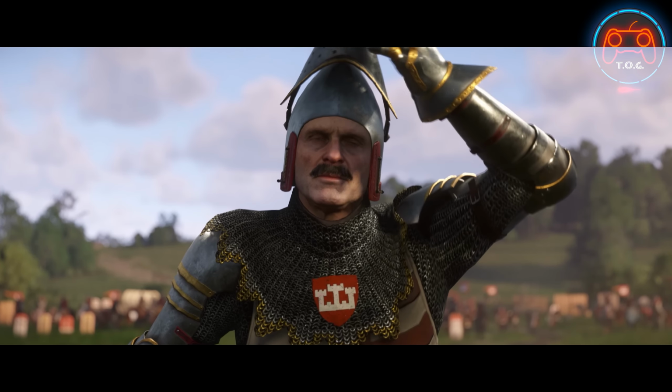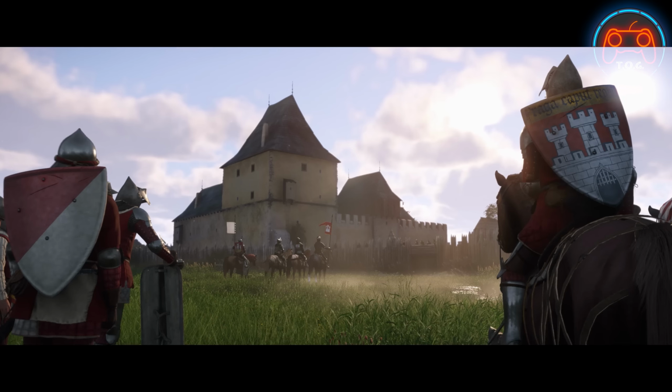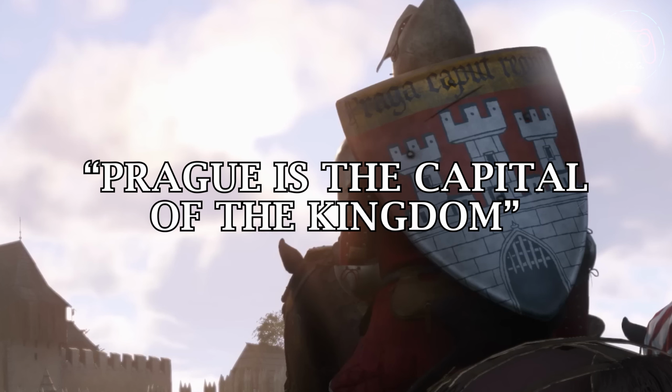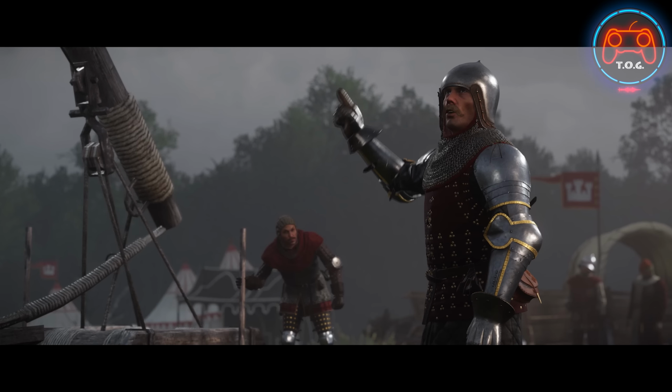But the most significant observation that I have for you today is with regards to Sir Markvart's army. If we take another look at Castle 1's wide shot from Trailer B, the text above this soldier's shield says, Praga Caput Reni, which machine translates to Prague is the capital of the kingdom. So it turns out that the troops in red uniform are from Prague, led by a nobleman aligned with King Sigismund. Hopefully, a viewer who's knowledgeable about 15th century Bohemia can help us out, because from what little I've read,